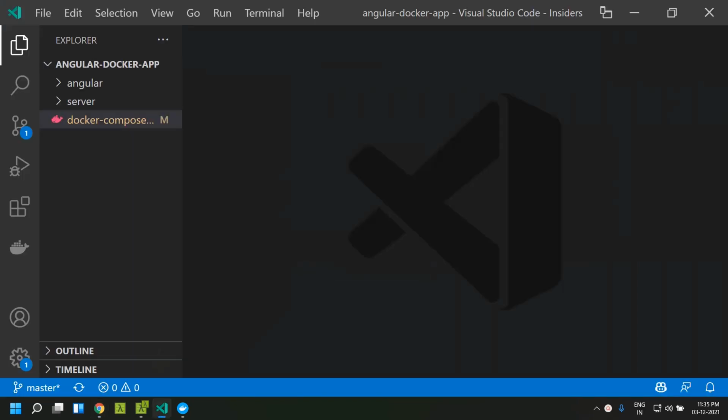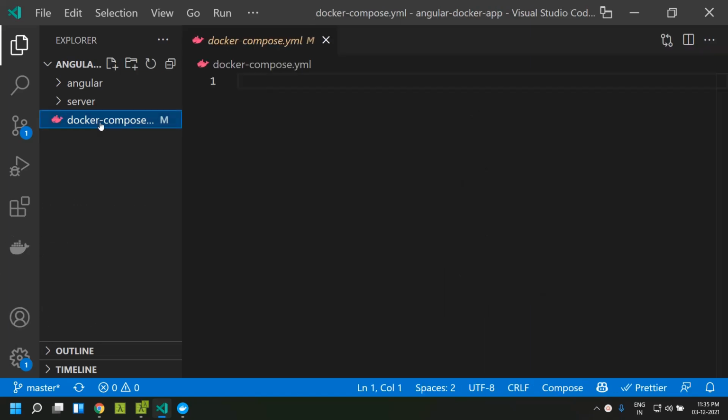In order to run our application, we needed a backend image as well as a front-end image, and we had to run them separately. So Docker provides another feature called Docker Compose, which can be used for combining all these. Suppose you have multiple images, we can start them up using a single stroke. Here we can create a docker-compose.yml file, that's a YAML format, and inside that we can give the configurations required for building the image and running the container.